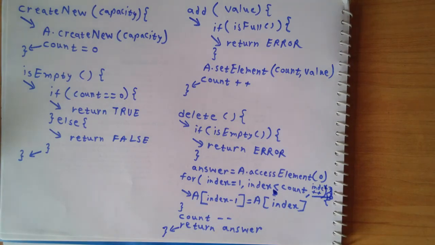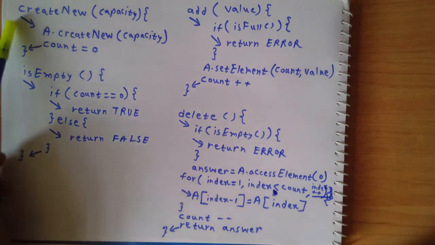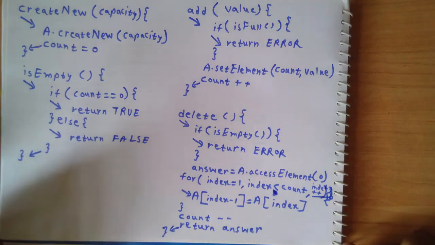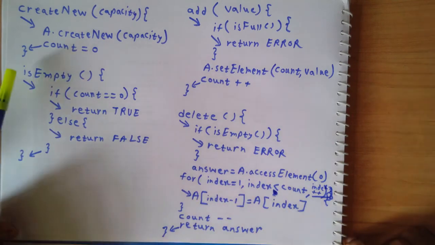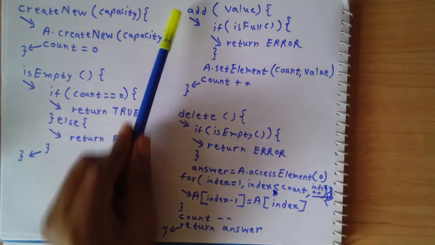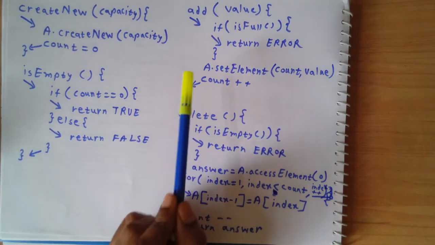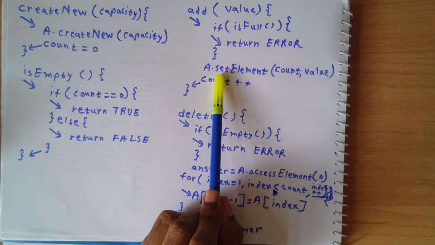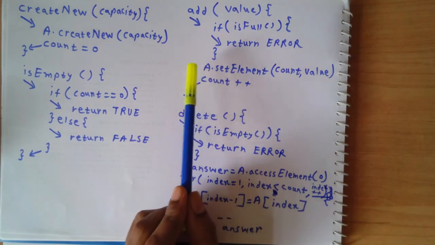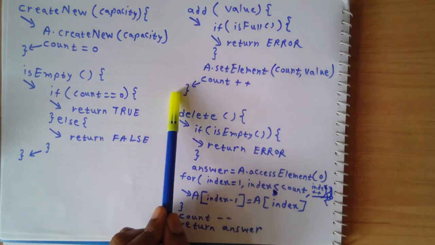Of course, this is not the most efficient implementation, but this is the naive implementation. This is our first version, and let's try to analyze the complexity. Here we are performing a constant number of operations, so this is θ(1). Here we are just comparing the values, so again this is θ(1), and similarly for is full we will have a constant number of operations, so that will also be θ(1). For add, we are checking if it is full, which requires a constant amount of time, and then we are setting the value, and we are assuming that the way the array data structure is implemented, set element can be performed in constant amount of time. So the total time complexity of this function is θ(1).